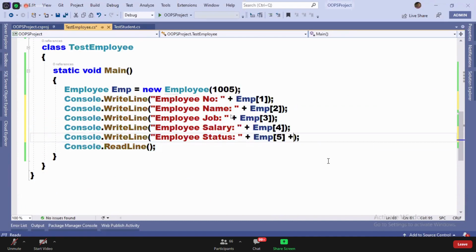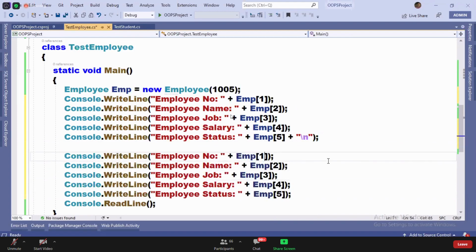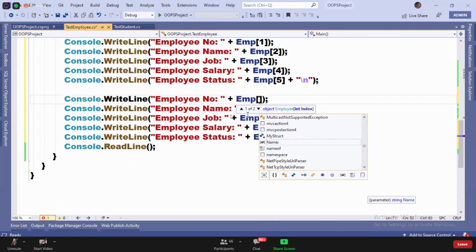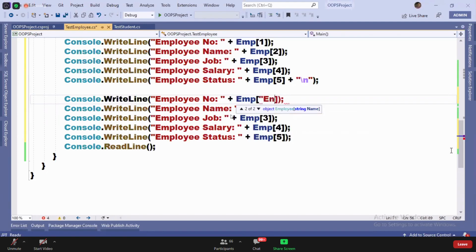Observe it, guys. I'm adding a line break here. See, indexer overloading. Two are there. One takes int index. Second one takes string name. Now I can just pass employee number, name, job, salary, status.